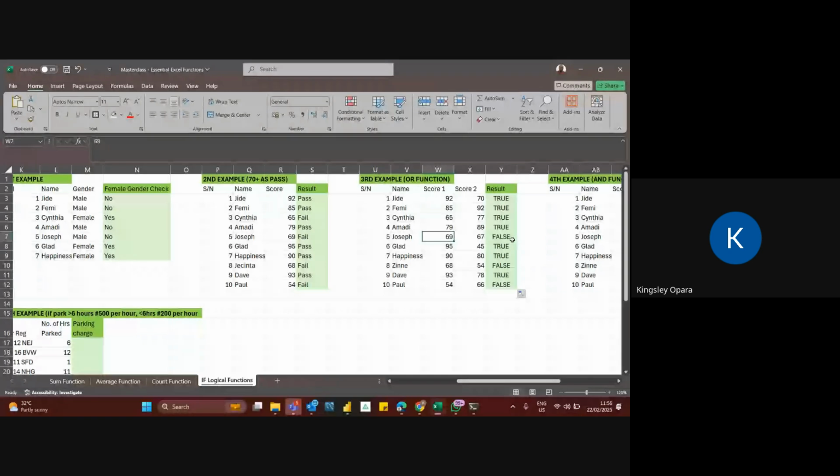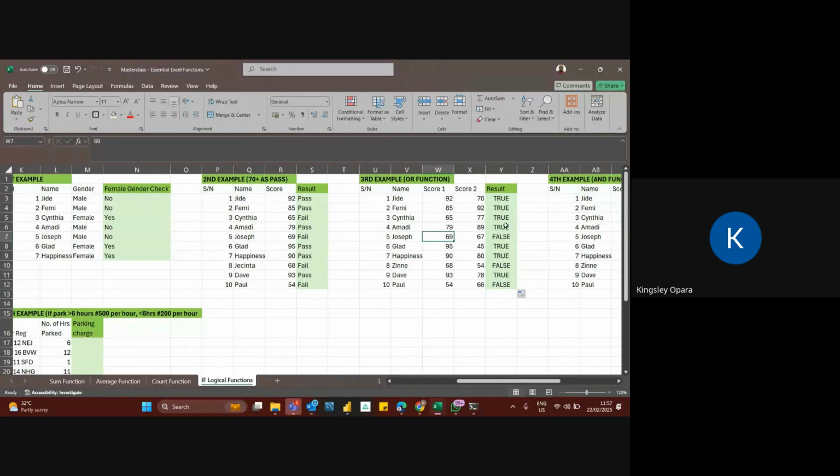Now, the OR function on its own like this is a standalone. It will only test the logic that you have asked it to test and return a true or false. But how interesting it will be is when you bring in your IF. The IF is what brings about the condition that if it meets this criteria, perform this operation, give me this value in return.